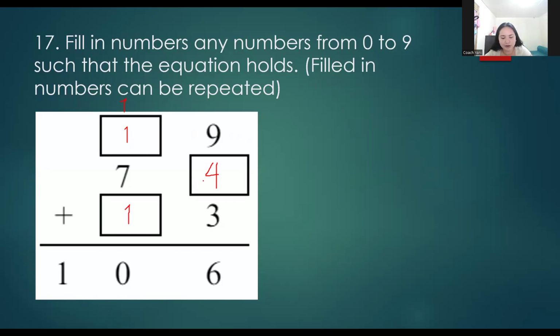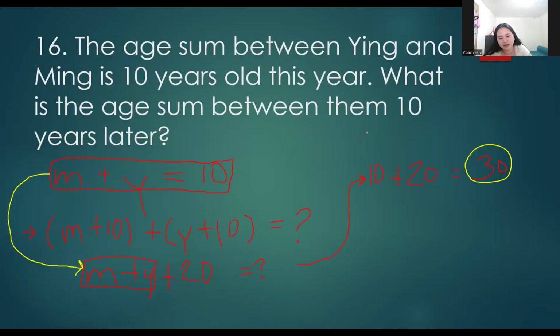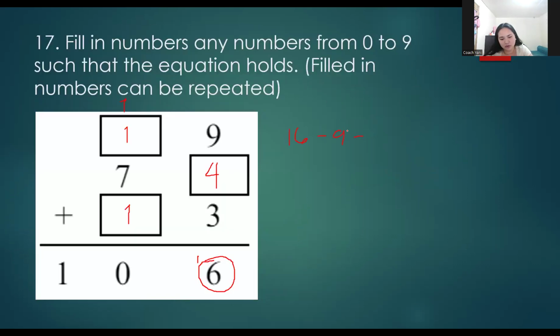Okay, so here we have a missing number. And then you have a 6 sum in here. So this means this is 16 because you can't add anything to make this 26, right? So this is 16. So you just need to find something that adds to 16. How will you find it? You have 16 minus 9 minus 3, and then you have 4. That means the missing number here is 4. So you put it here.